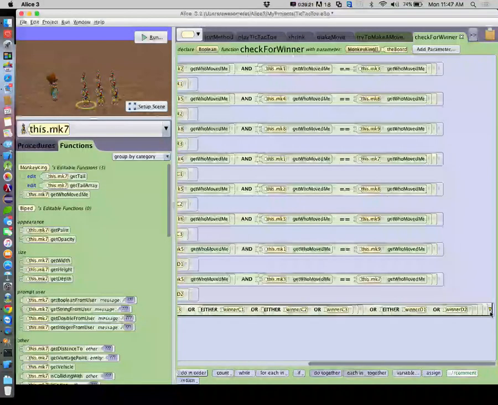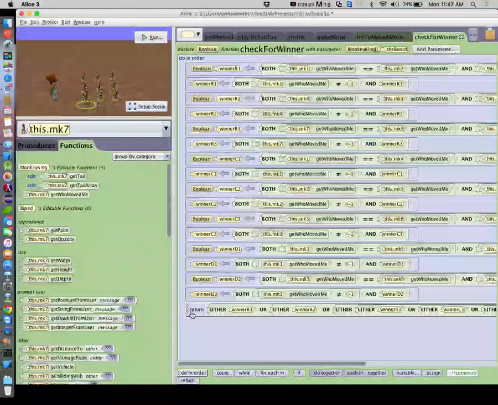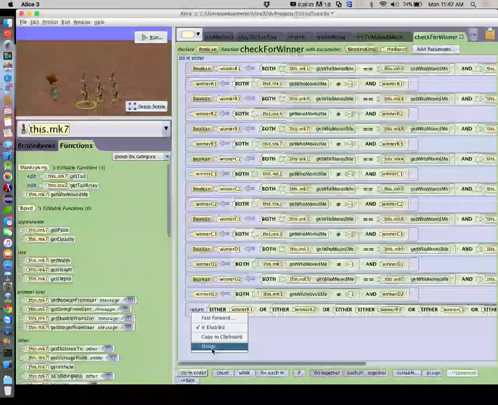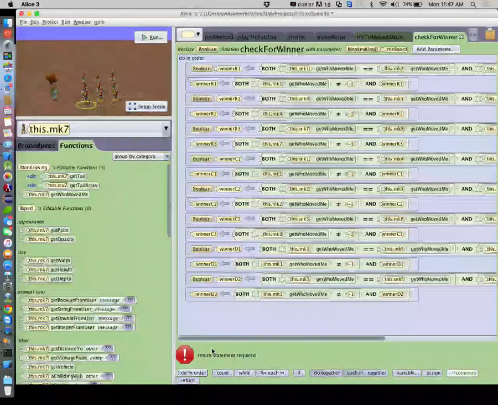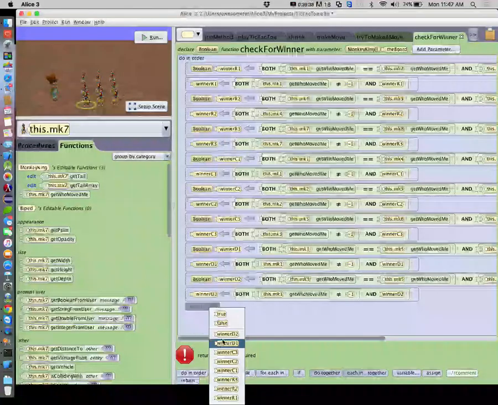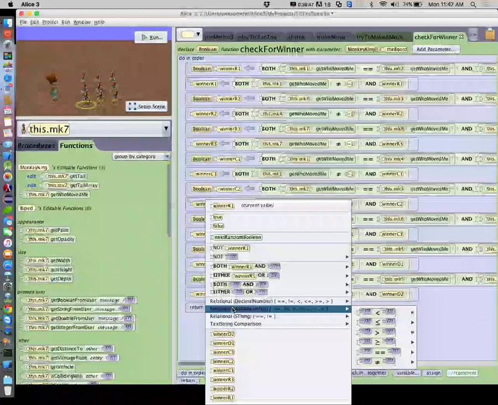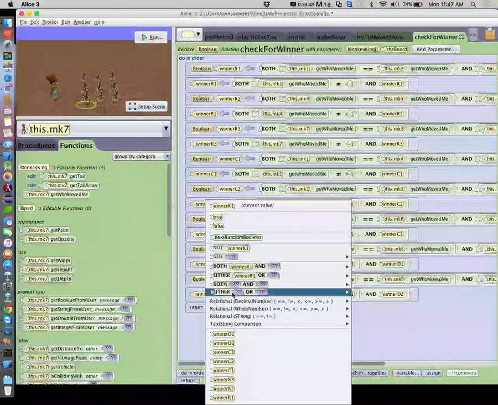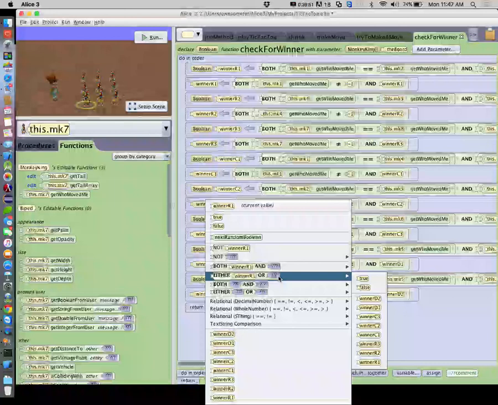I'm going to do something here. I'm just going to rewrite this thing because I think when we originally picked it, we did a bunch of those blank or blank things, and I think that was correct. It just looks funky. So if we now fix it to do what we were just doing, we'll say winner row 1, but we're going to change this to winner row 1 or